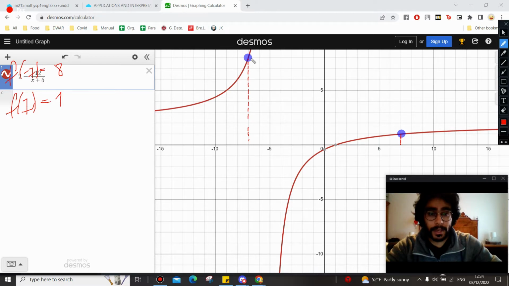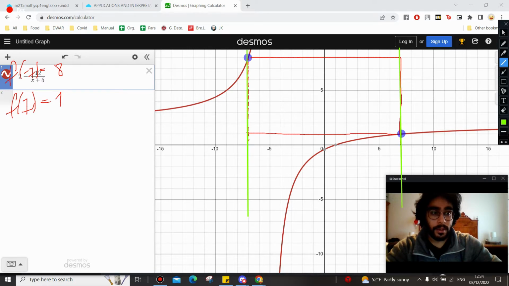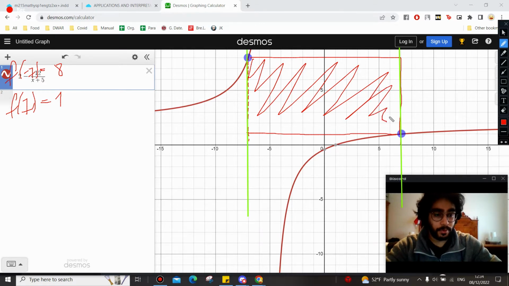Well, it's obvious that in this area here, I don't have any y value, right? Because in this range, between minus 7 and 7, in this area, I don't have any y value that corresponds to any x value. So there's no y value that I need from here, which means, on the other hand, we have that